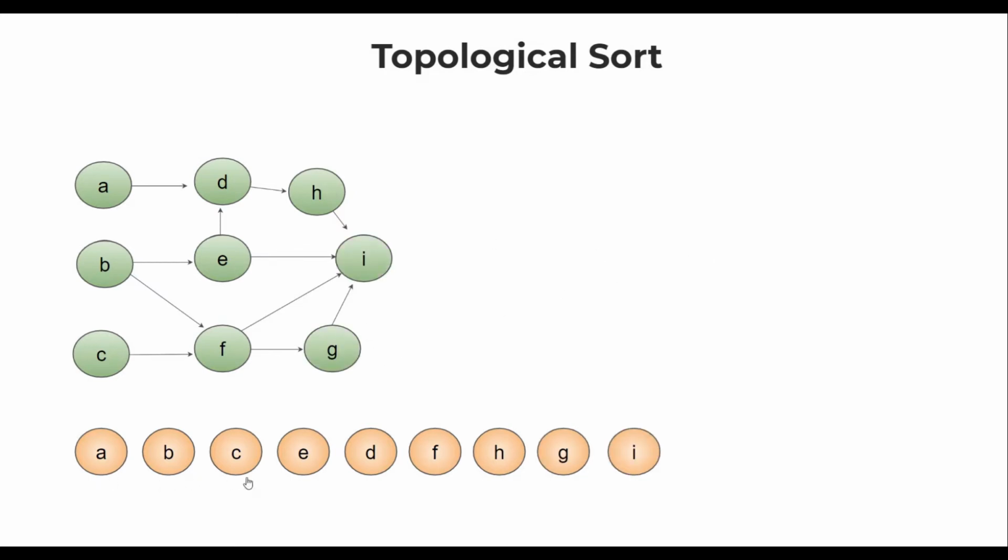So if we go by this order, we will not have any issues while building the programs because all the dependencies will be resolved. So such an order is known as the topological sorting or topological order. Note that A, B, C, all these three nodes have no dependency at all. So any of these can be taken as the first node. Similarly, after A, B and C, it can be E or F.